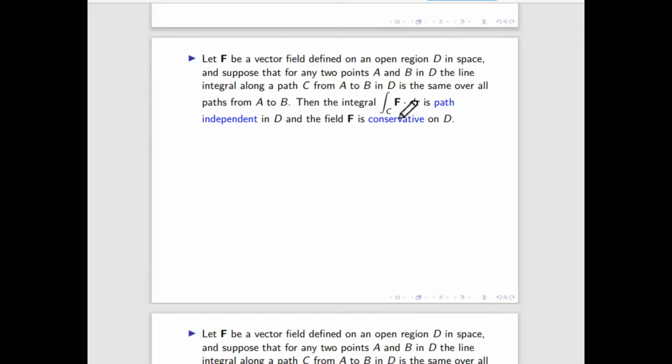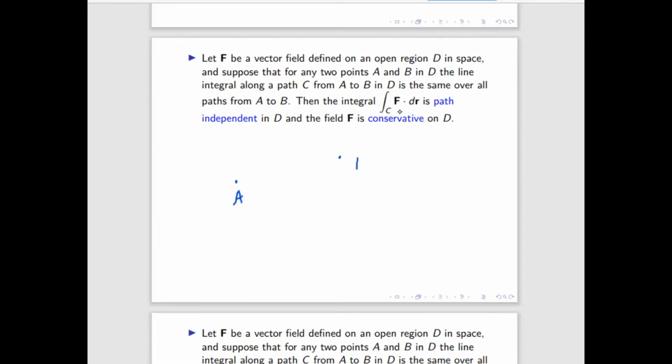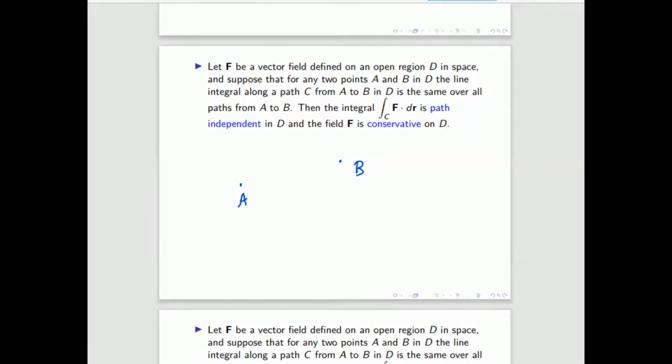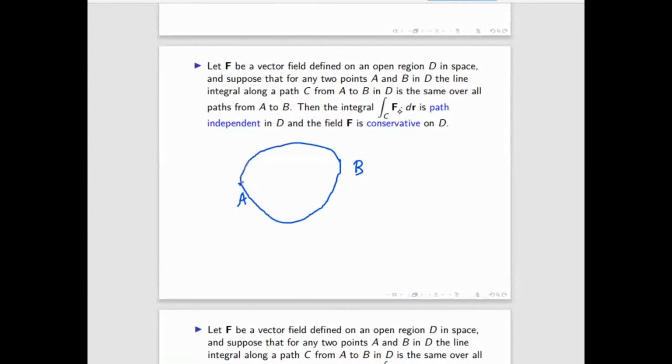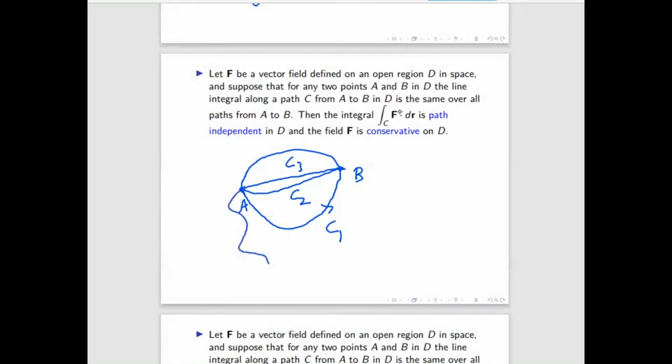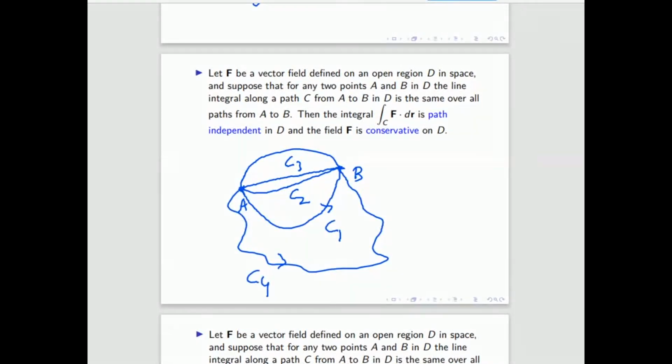So one path can be like this, passing through these 2 points. This is one path; I'm calling it C1. Another one, suppose, is C2. One line joining them is C3. So any path you choose from A to B, suppose this is one more path, the line integral will definitely change. But if the line integral for all paths remains the same, then this field is called conservative. That means the integration of F over this curve doesn't depend on any curve. It depends only on these 2 points A and B.